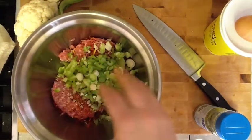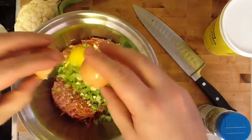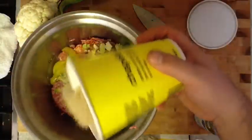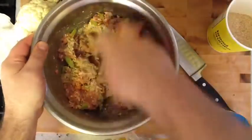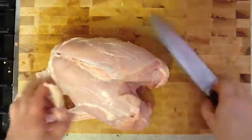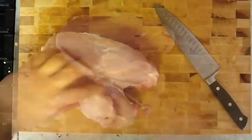Now to bind it, we're going to put a little bit of egg inside there and some breadcrumbs. Now when you put the egg in and you mix it up, and if it's feeling a little bit wet, then you just add enough breadcrumbs so it's not wet. We don't want it too wet, so it's a little easier to stuff. There's going to be a lot of moisture coming out of this ground pork, and there's already some fat in there. Speaking of fat, we want to get rid of all the additional turkey fat that we don't need, so